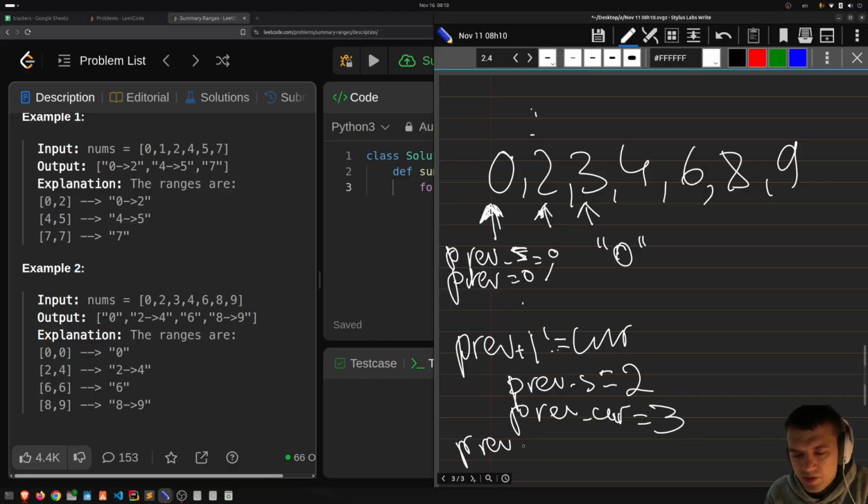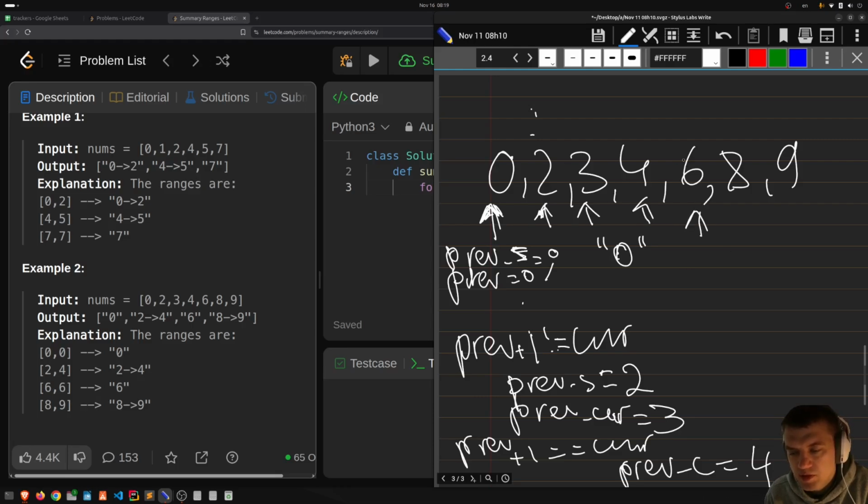And whenever they are equal, previous plus 1 equals current, I'm just gonna update previous current to 3, and then I'm gonna move again, previous current changes to 4, and then move, and then current is gonna be 6